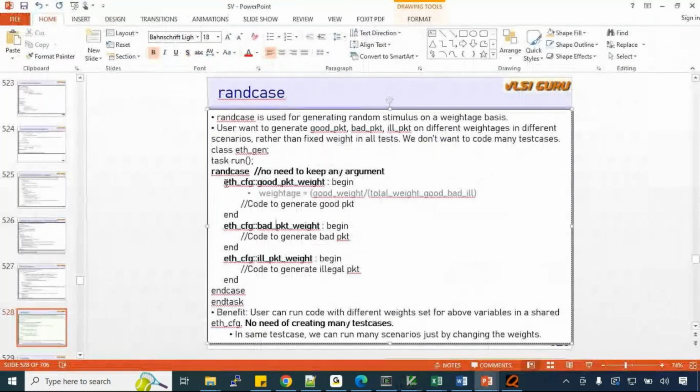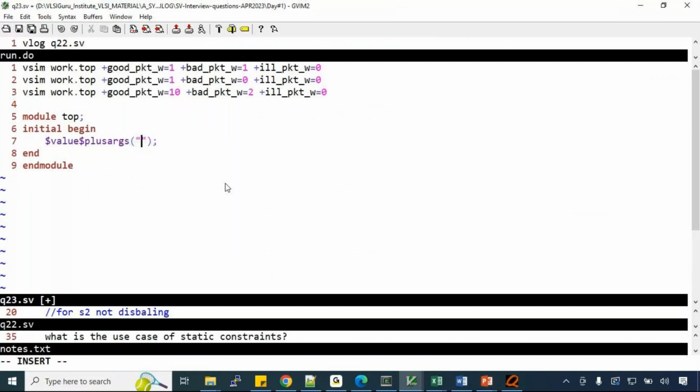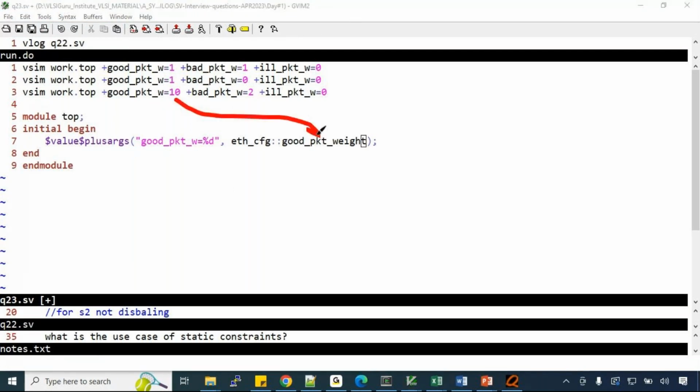This one, right? So whatever this 1, whatever 10 is there, read into this. Similarly, I can write